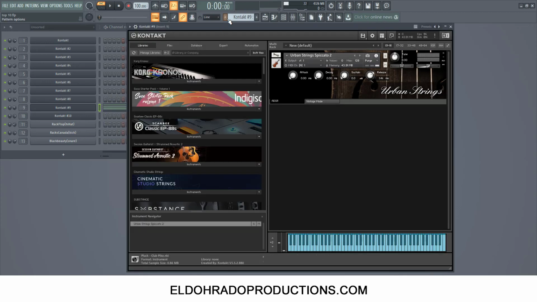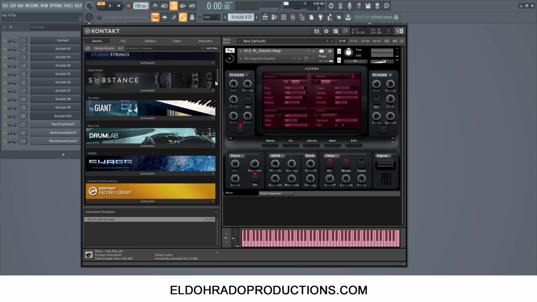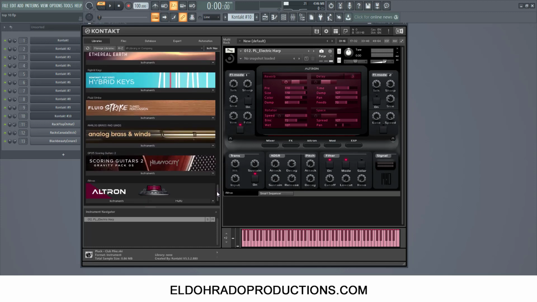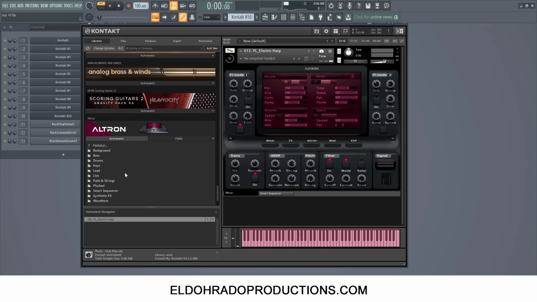And last but not least, the 10th sound on this library of Kontakt is no other than Ultron. The people who made this are really nice people, and they know what dancehall needs. So you have the multi-section, in which these are layered libraries. You drag one of the presets, and you have a layered section of different modules that have been added. So within the instrument section, as you can see, factory,